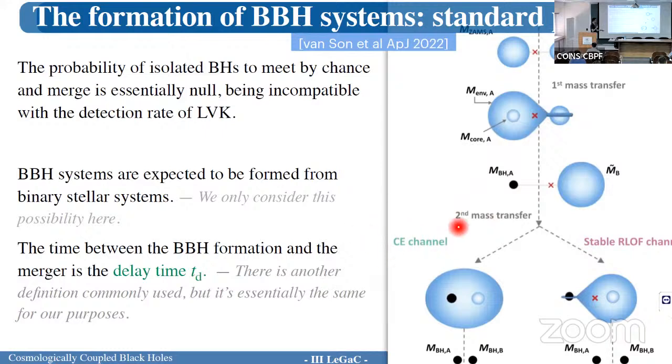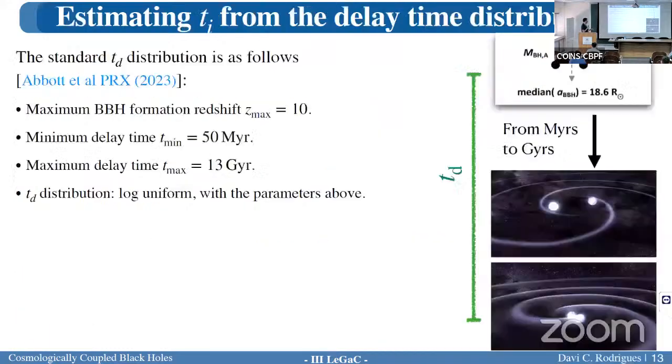Then one possibility is this common envelope channel, in which you have this mass transfer to the black hole, but first in a common envelope that has friction, etc. And then after this common envelope, we end up with 2 black holes with a given separation. The other channel leads to a larger separation, but it also has different conditions. But the point is that